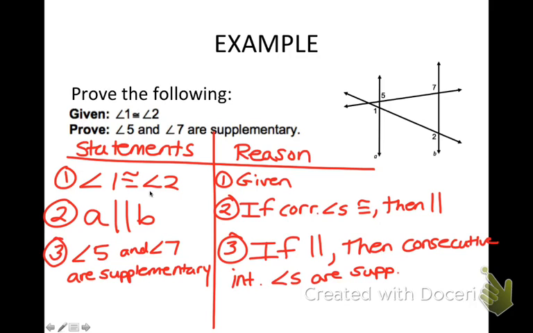Okay, is that the last one? Okay, so here is what you're